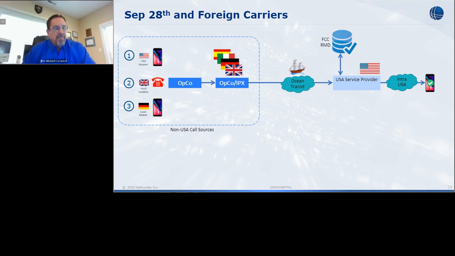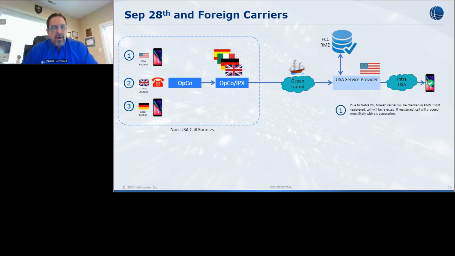All of these, of course, might be generated by their host opco and go directly to the United States, or they might go through an IPX along the way. But either way, these calls will arrive into the United States. And as we look at each one of these three, we'll see there may be slightly different treatment with them. Remember that the requirement in the second report and order is that if it uses North American number plan resources, it must be checked in the robocall mitigation database, and it must not be accepted if the presenting carrier is not in that database.